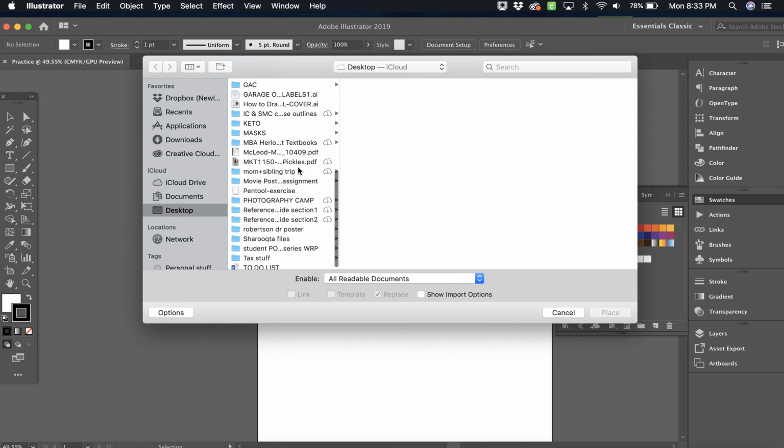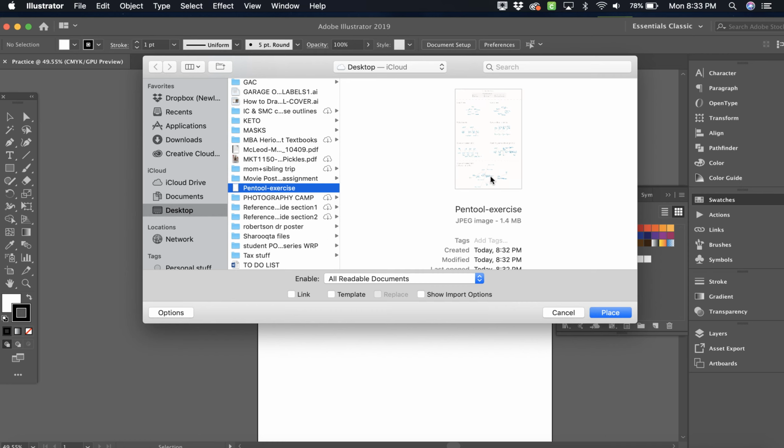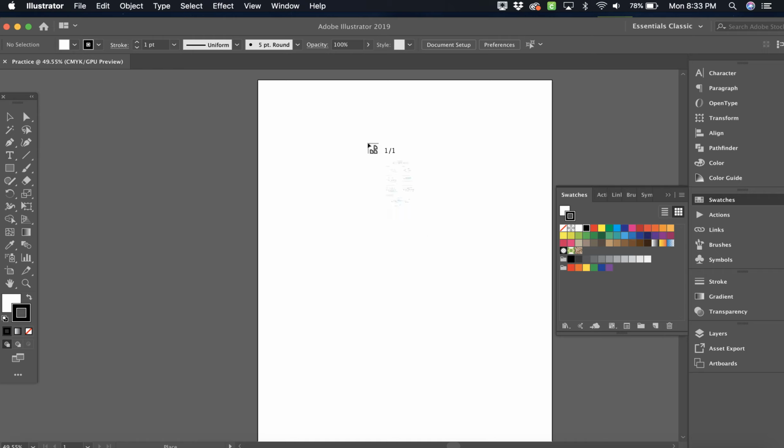And now I just need to look for that pen tool exercise. There it is. And I'm going to click Place. Now here's the thing, it's attached to my mouse. This will happen in your other programs as well, except for Photoshop, it will place the embedded image and then you can resize it